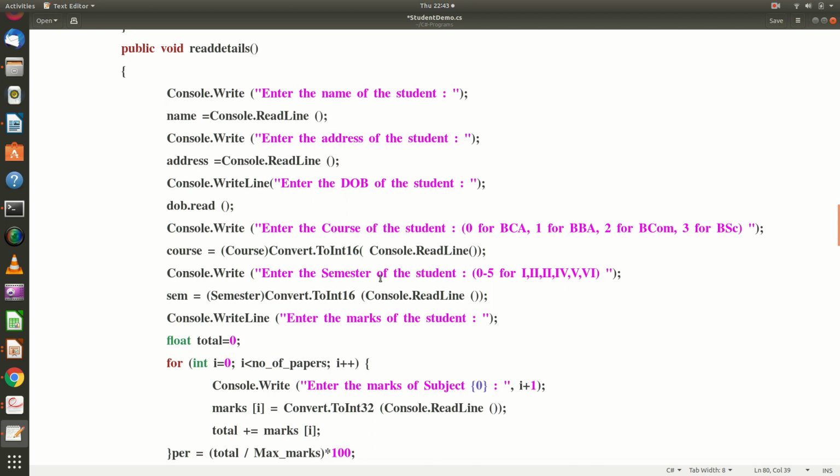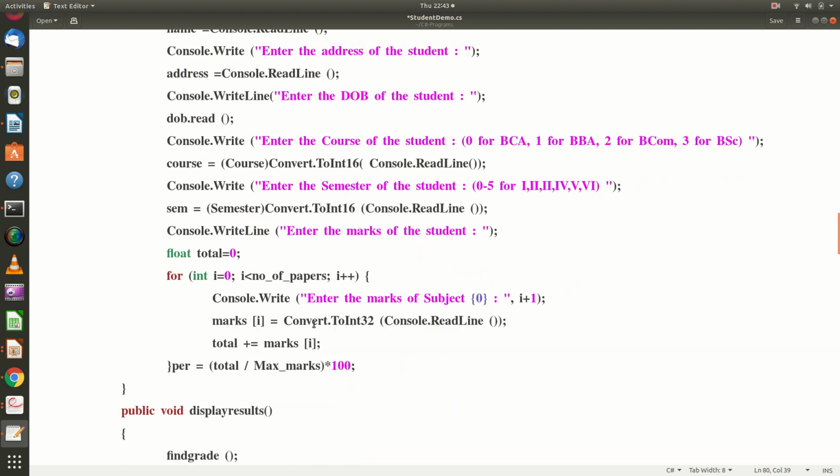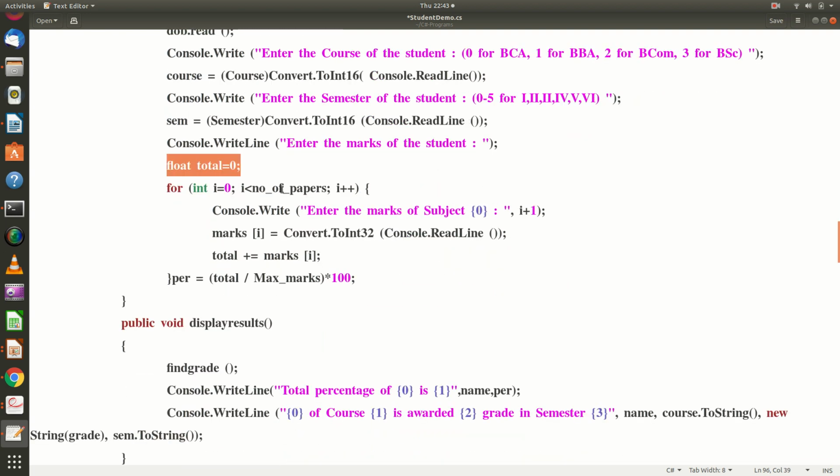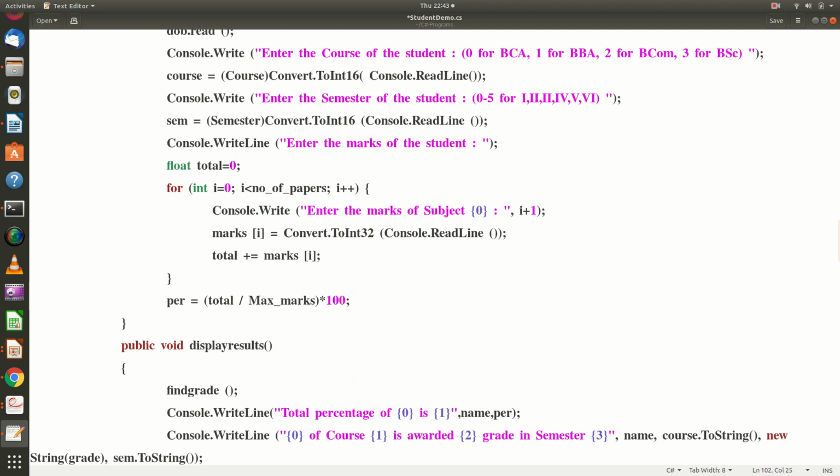In the same way, for semester also, I asked the user to enter 0 to 5 to get the semester number as 1 to 6. That I am assigning here, and I am asking the user to enter the marks, and initially I am taking the total as 0, and I am entering how many papers there are for the student. That many marks I will be reading from the user, and that will be totaled, and that total will be used for finding the percentage.